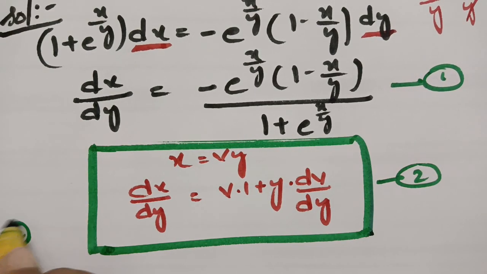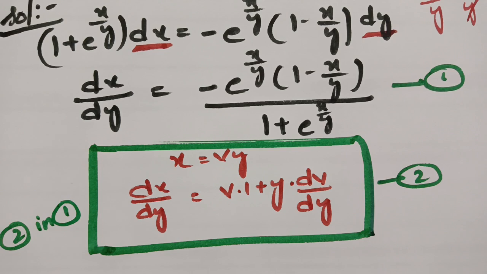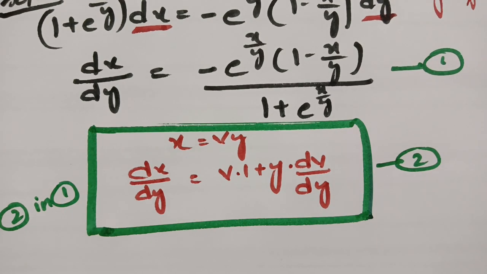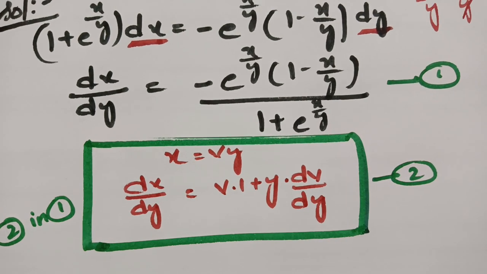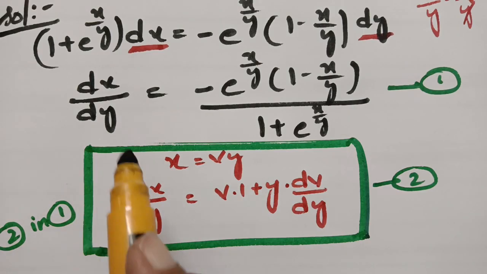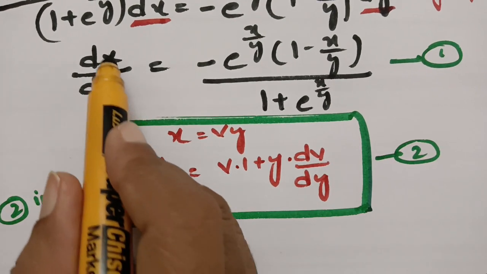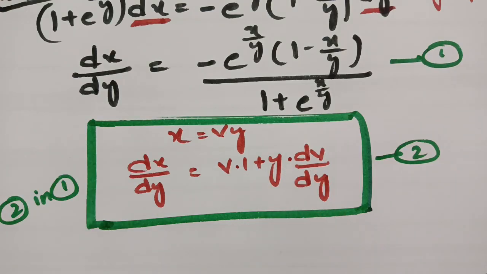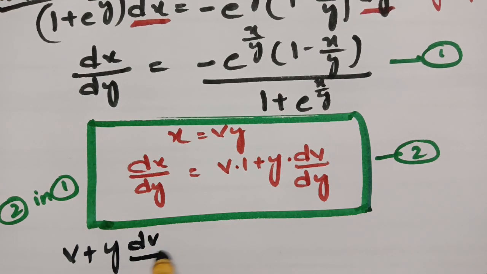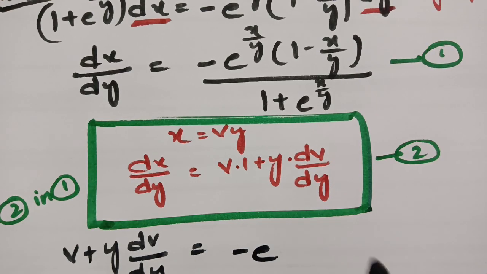So substituting 2 in 1, if I keep the values of 2 in equation 1, see what happens here. Here is the substitution. In place of dy by dx, I am writing v plus y into dv by dy, which is equal to minus e power